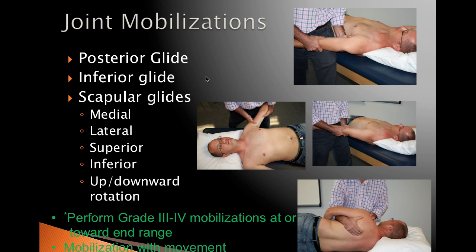Okay, all our joint mobilizations, posterior, inferior, all our scapula glides. If we want to increase range of motion, which is usually the case, we perform grade 3 and 4 at or toward the end ranges of range of motion. So we're bringing the arm out away, we're bringing them back towards the end range of abduction or flexion, whatever it may be. We can also have the patient perform movement as we mobilize them,